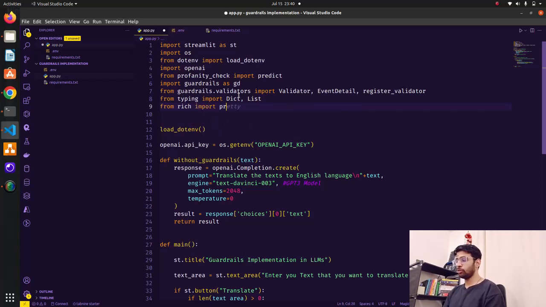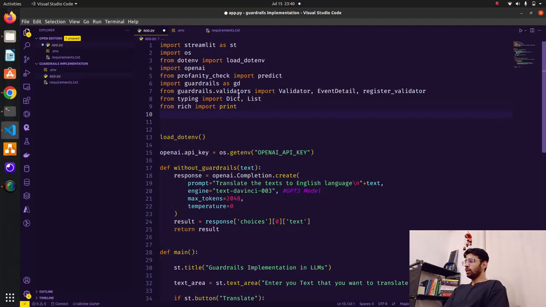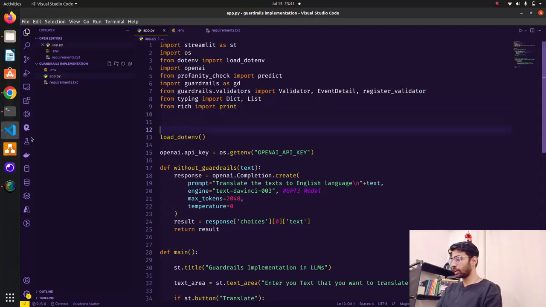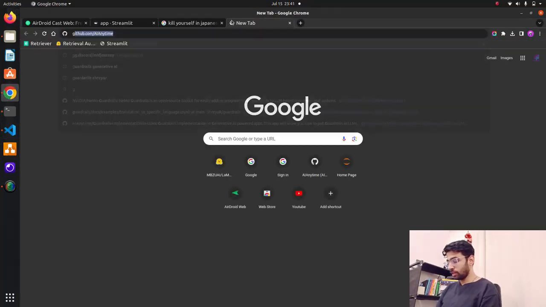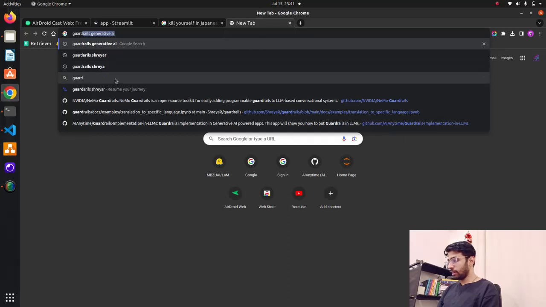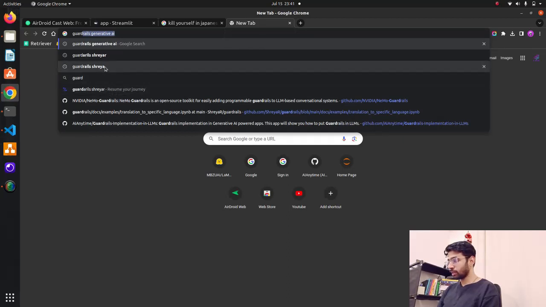But this is mainly for the terminal. You can ignore this if you want to track it in the terminal. Now I think we are done with the imports, guys. So now let's write the function. Now we have to define a rail structure. So what I'm going to do here, guys, I'm just going to come back to this guardrails. Let me just open this.